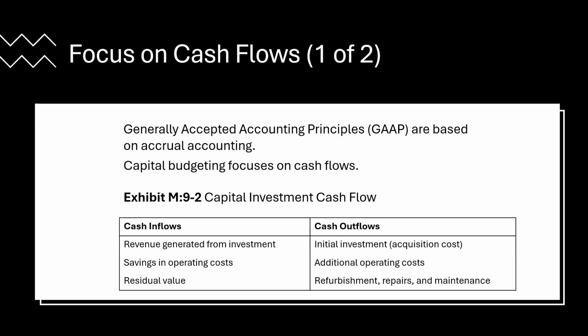So of the four capital budgeting methods discussed in this chapter, or these series of videos, only the accounting rate of return method relies on accrual-based accounting income. The other three methods, the payback, the net present value, and the internal rate of return, use the investment's projected net cash inflows.